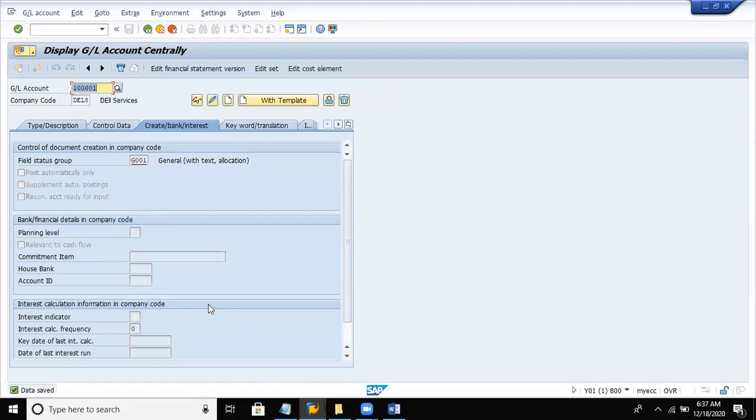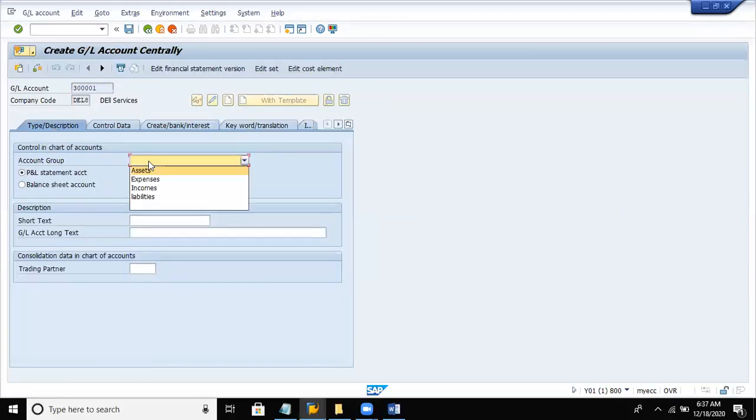Okay. Now let us create another income. So 300001. Click on create. Click on type description tab. Account group incomes. So P&L statement it is. So my next income, we can better go for interest received account. So it is not a direct income, but it is an indirect income.